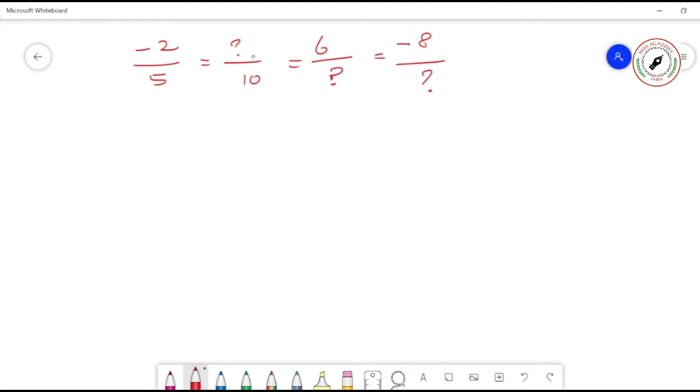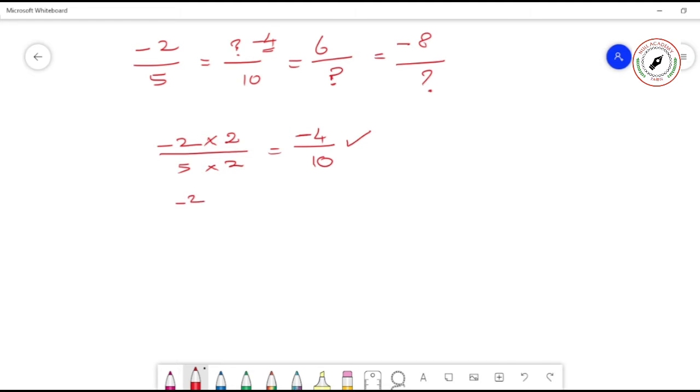Now you see, minus 2 by 5. How much do you have to get below? 10. You want 10, isn't it? So 10 means how much do I have to multiply? 5 is there. 5 twos are 10. So here also we have to put 2. 2 twos are 4 and the minus symbol. So what do you have to get? Minus 4 here. In this place you will get minus 4 by 10, correct? Okay. What is the second one?